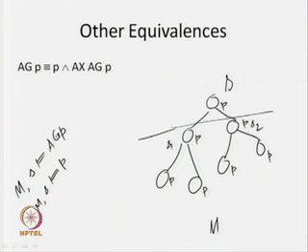Again in S1 and S2, AG P must be true. So, that is why we are saying that in all paths in the next state, AG P must be true. If AG P is true over here, then in both the states, I am going to get that in all paths in the next state AG P is true. Okay. So, that is why we are saying that if P is true over here, then I am going to look at those particular states whether AG P is true or not. Since I am going to look at all those states, that means, in this particular state I am going to say whether in all paths in the next state AG P is true.